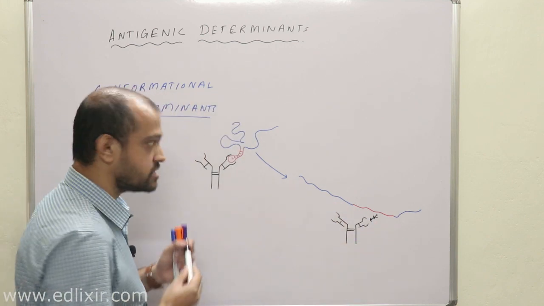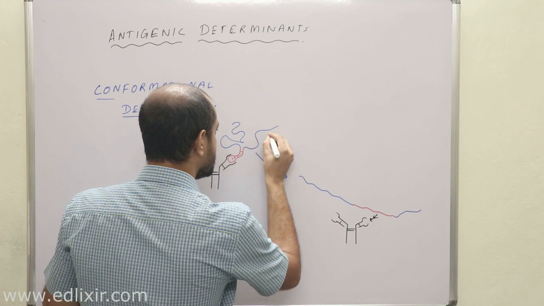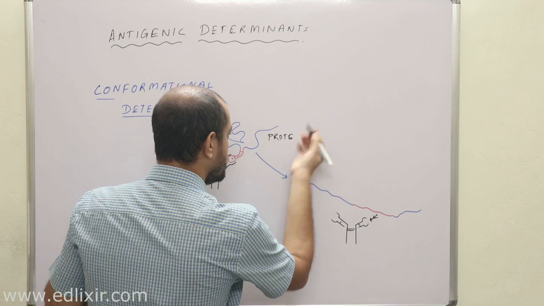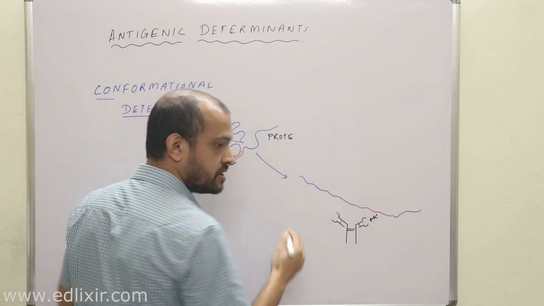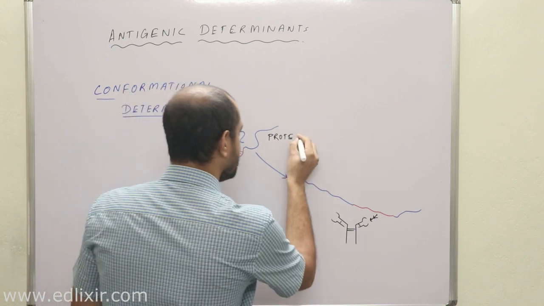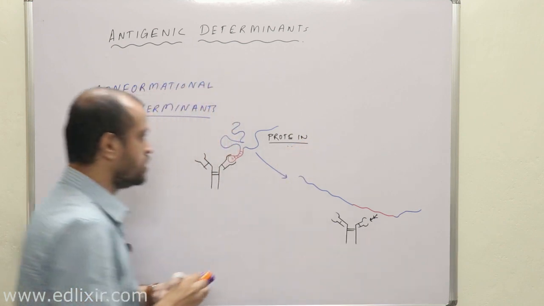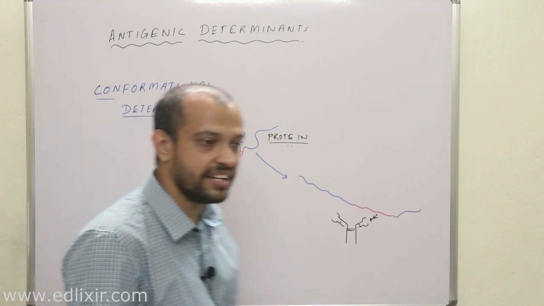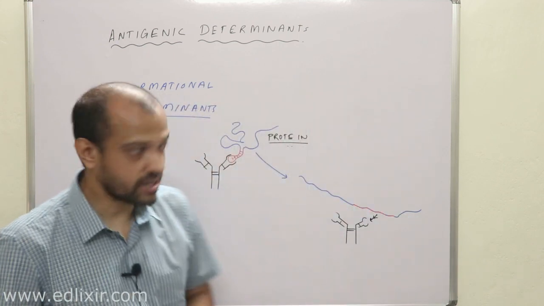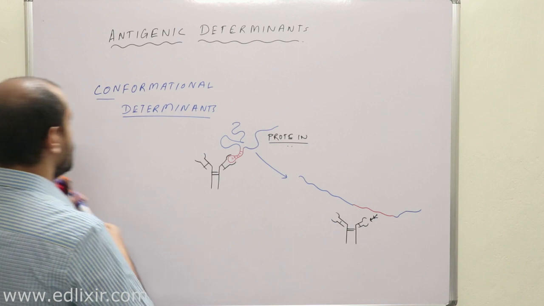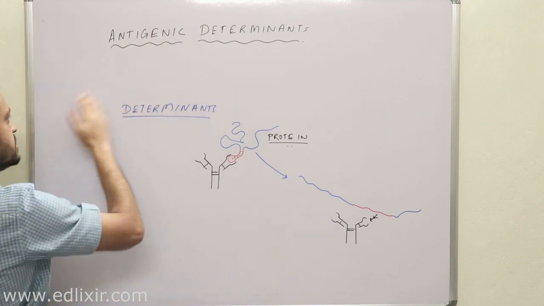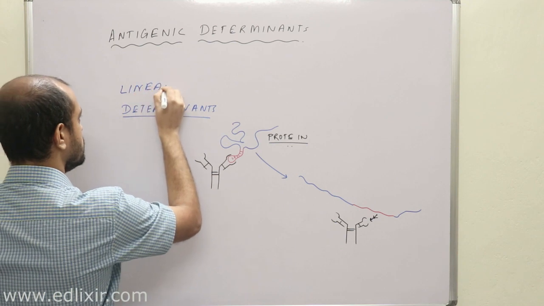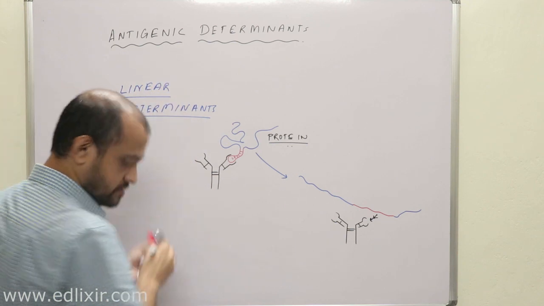This particularly occurs when the antigenic portion is present in a protein, right? You cannot denature a carbohydrate, but you can denature a protein, but it's really tough. Clear? So conformational determinants are present in proteins, and they are destroyed by heating or something like that. Clear? Now what are linear determinants? Now we will be talking about linear determinants. So what are these?